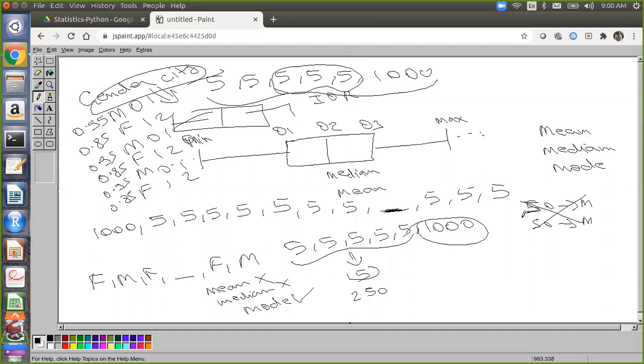So never ever try to tell these kinds of concepts in one-liners in an interview. Always try to explain with the reasoning behind it. Many times when I'm taking interviews and asking which is the best metric, people directly tell me, okay, median is the best metric. So why is median the best metric? Because they told me on Udemy. You should always give answers that make sense to the interviewer, which are logical, and then only you will be able to impress the interviewer.